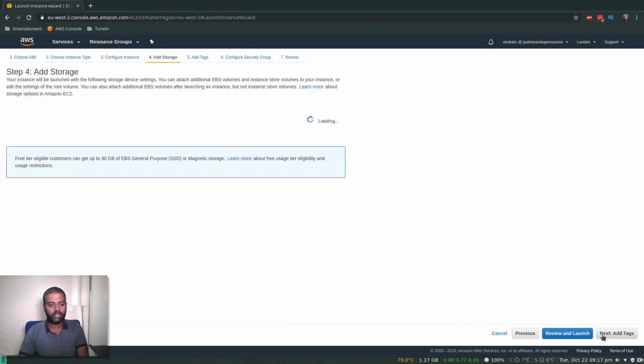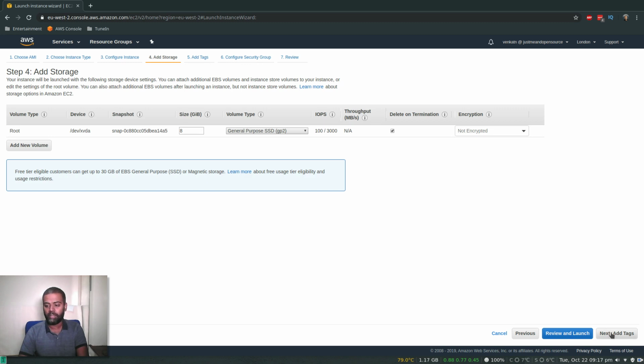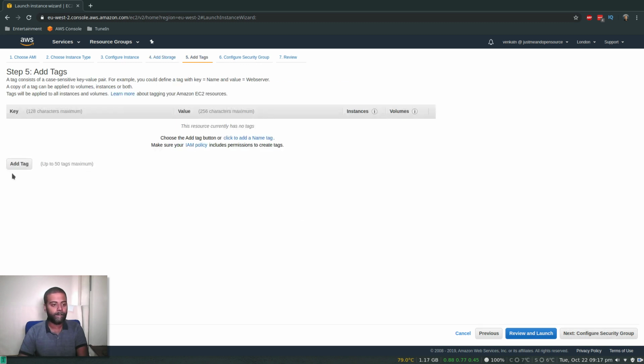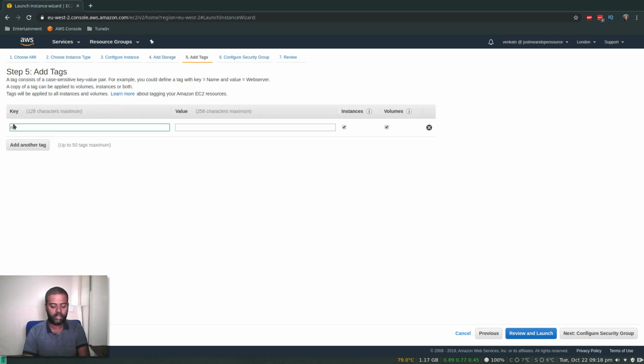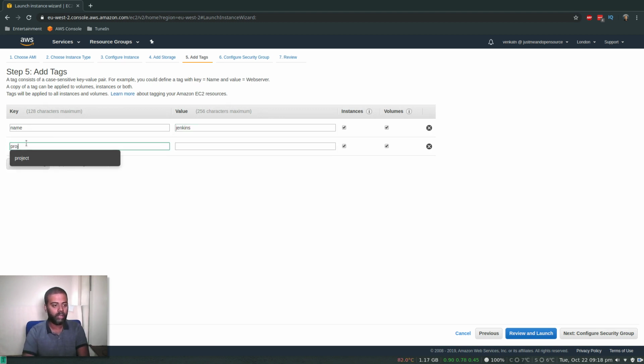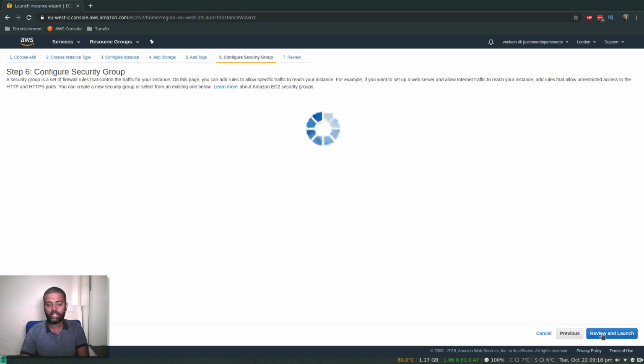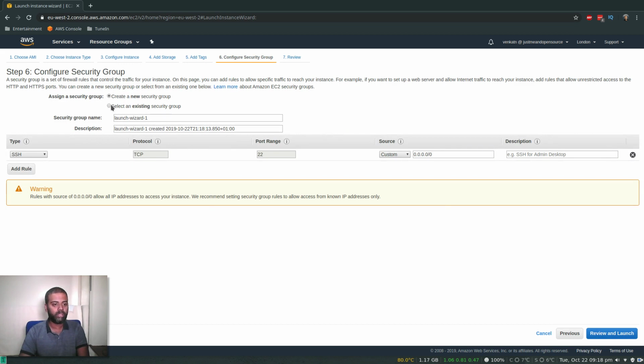Add storage, we'll go with the default 8 gig storage. Add tag, let's add some tag, name Jenkins, and let's add another tag, project, Jenkins demo or something. Configure security group, so I'm going to create a new security group and let's call it